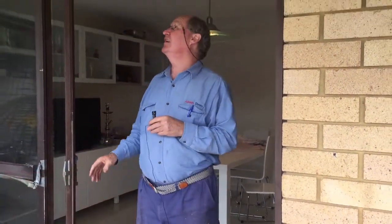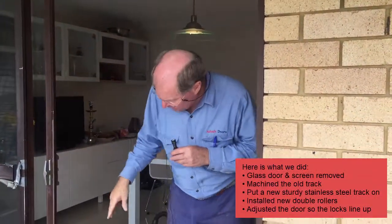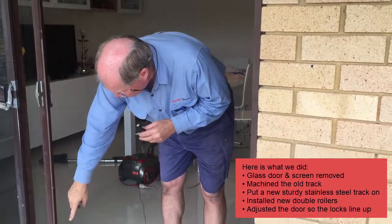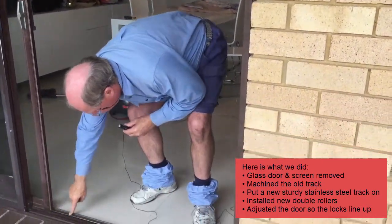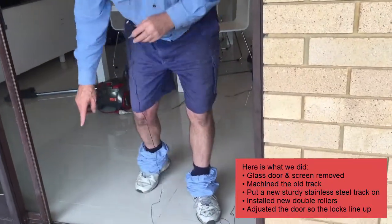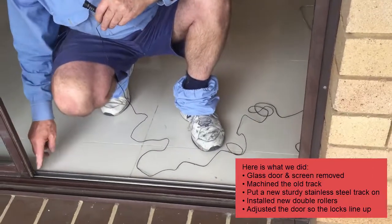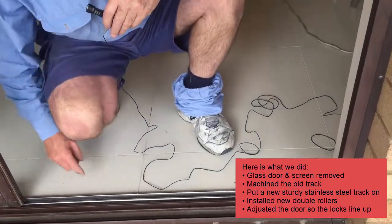Now what we've done today is we've taken the panel out and the screen off to get the door out. We've put a nice new track down the bottom after we machined it. And then we put a set of double rollers in the door and a stainless steel capping over the machine